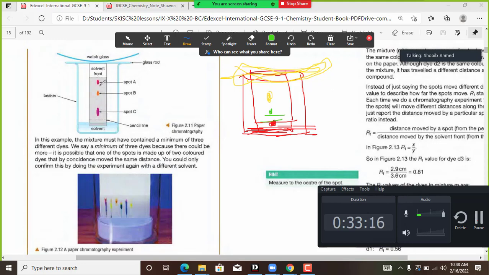The solvent line is this one, and spot 1 is A color, spot 2 is B color, spot C. So the solvent moves fastest at the top, then spot C, then spot B. This is the mixture, the solvent, the pencil line. Have you seen these things? This way you can separate